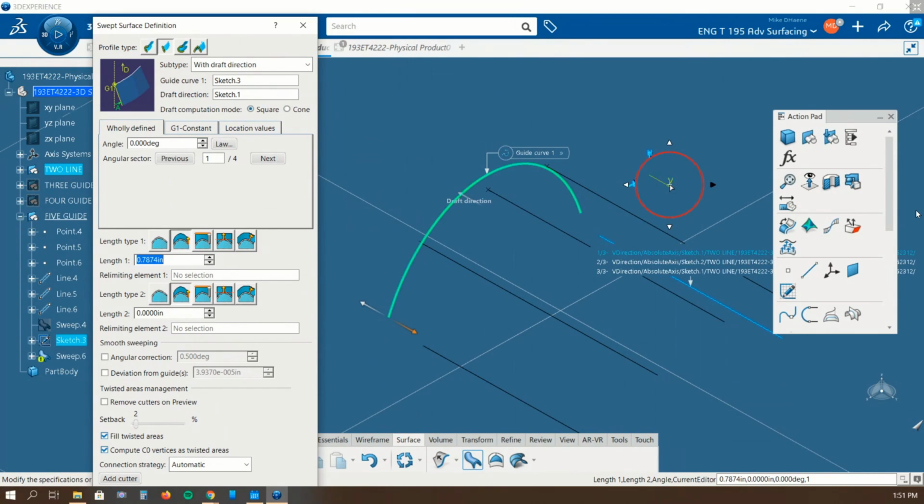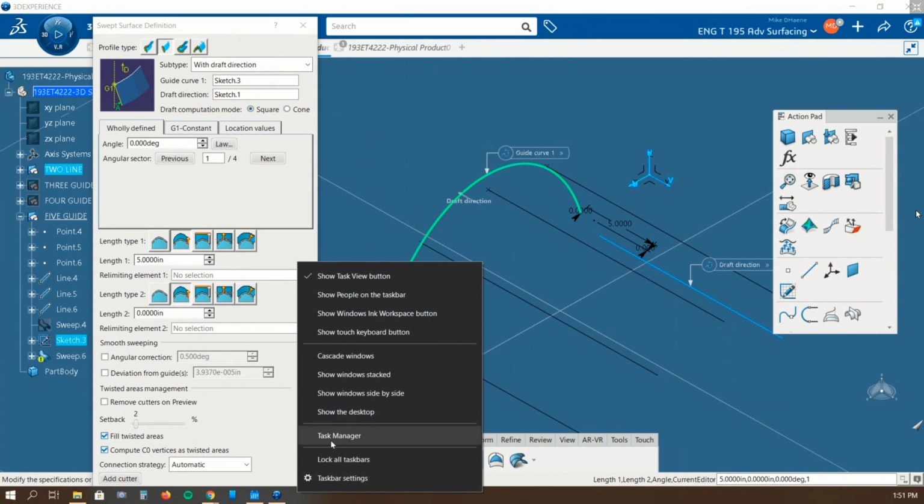And then does it ask for a length? Right here. 5 inches deal? Sure. You can always preview it. Well, maybe you can't. Oh, hang on, I got a trick for this, everybody. So when the buttons are below your bar, right click on the bar and go to